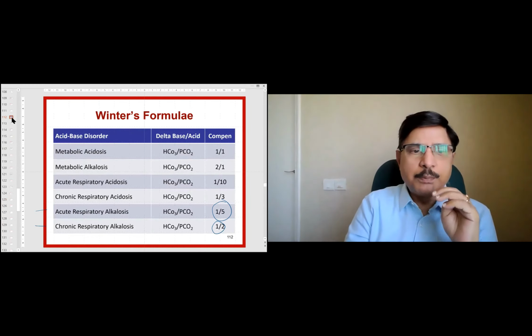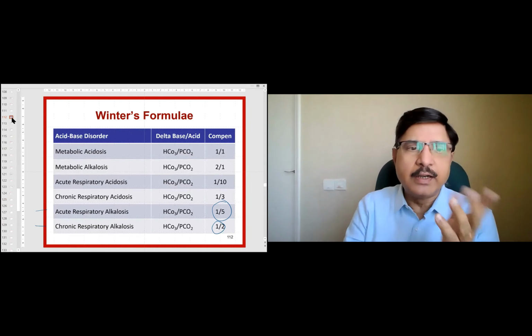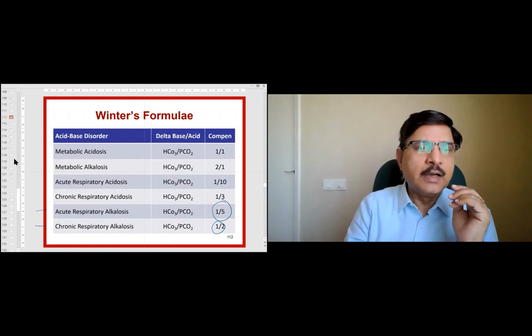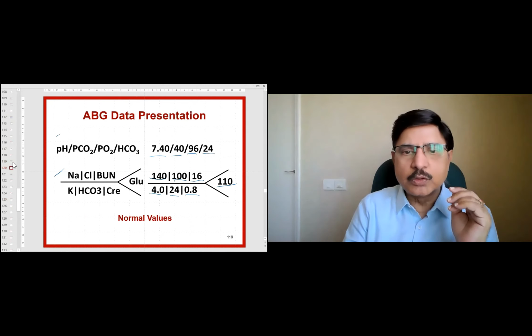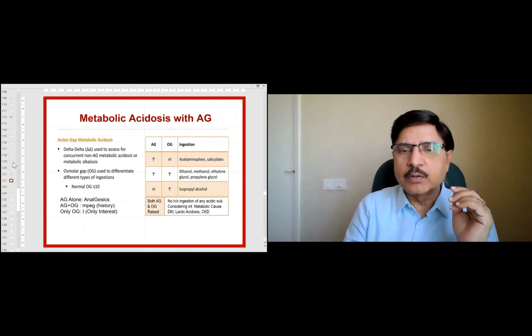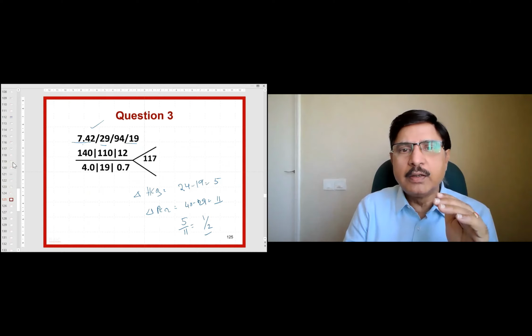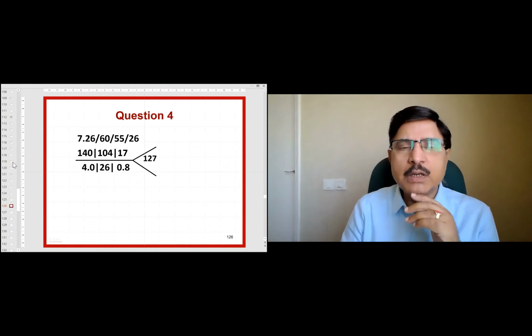Though the pH has not shifted to the alkaline side, we have the variables in such a place that it appears to be respiratory alkalosis, further supported by the type of compensation that we are able to see there. So that is over. Next, let us go to the next one. Slowly, increasingly, they will become slightly difficult. No problem. Question number 4.